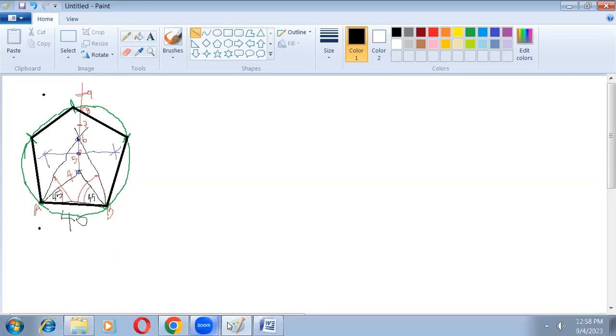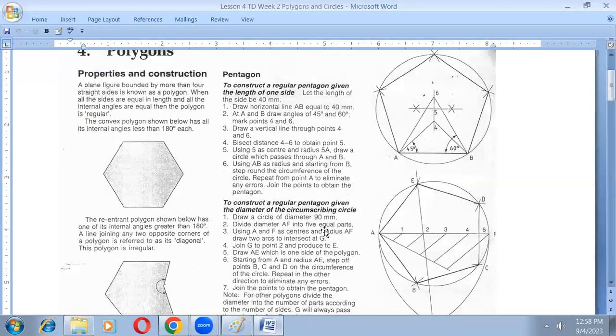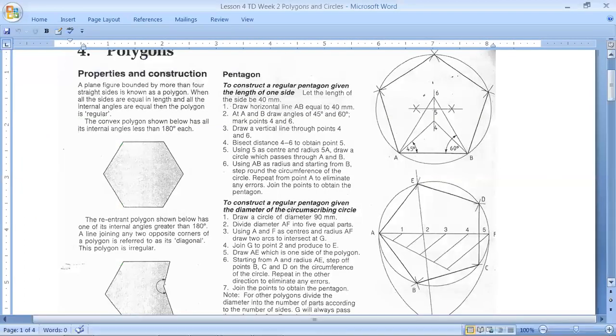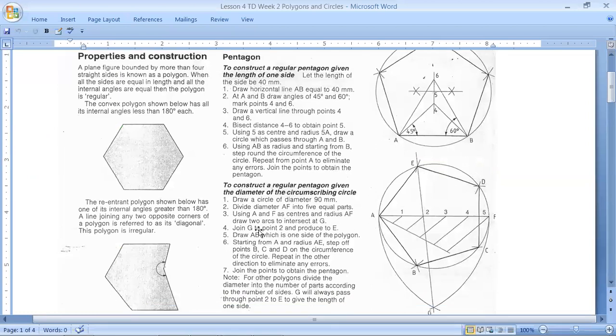But method number 2 is when we know the diameter of the circumference. When we know the diameter of the circumference, we pass around all the vertices of the polygon. All right. When they give you the diameter,